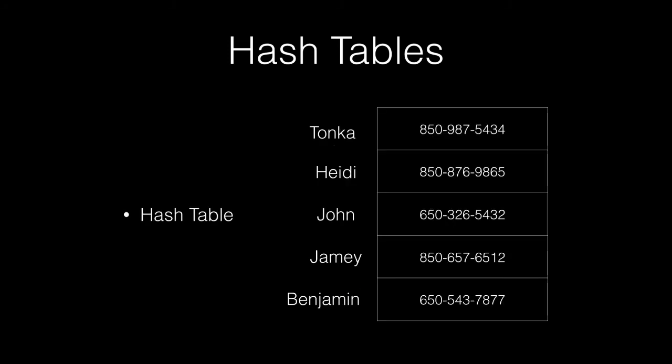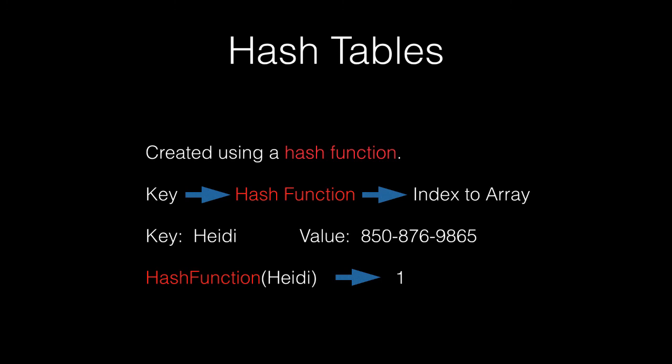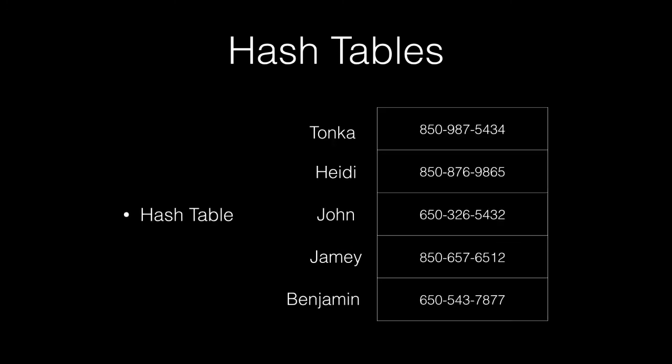So here's an example of that hash table, and you'll notice that underlying the hash table really is just an array where the keys are mapped to the subscripts. So in the previous example, you could see that Heidi was mapped to 1, and I'm using that 1 in subscript notation to store my phone number in the second element of the array, or subscript 1.